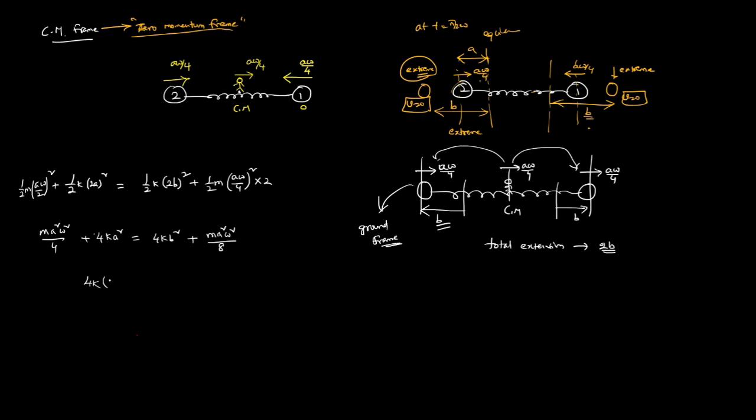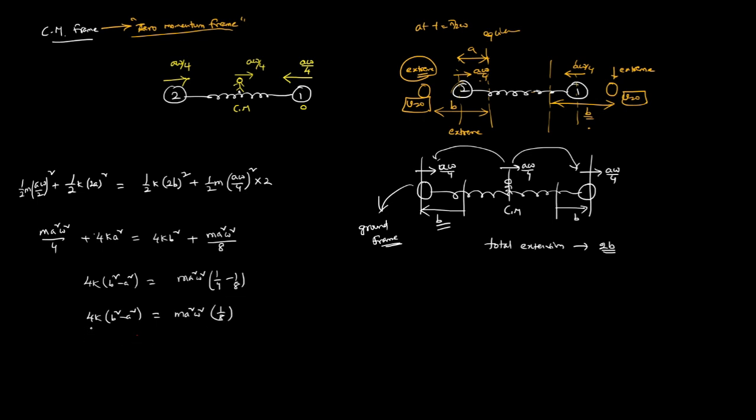Then 4k into b square minus a square is equal to m a square omega square into 1 by 4 minus 1 by 8. Then 4k b square minus a square is equal to m a square omega square into, this is simply 1